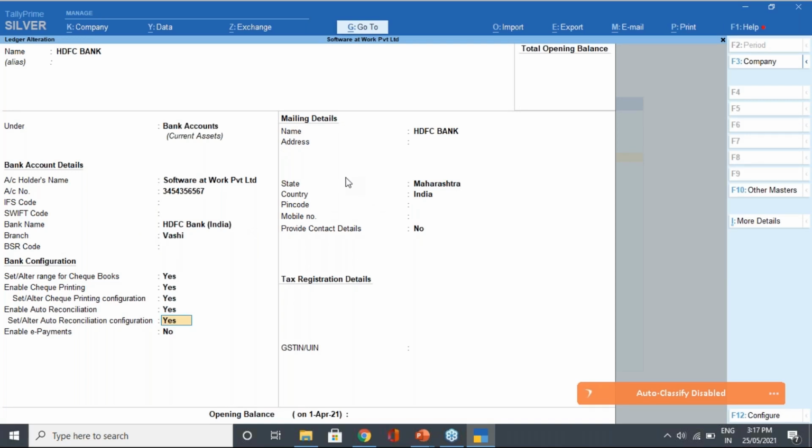It will cross verify the check number and the amount, and with that your reco will get done.